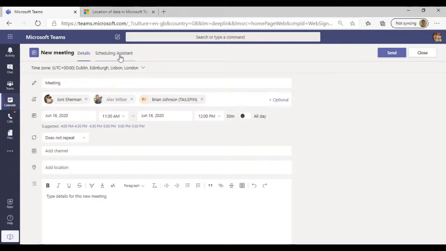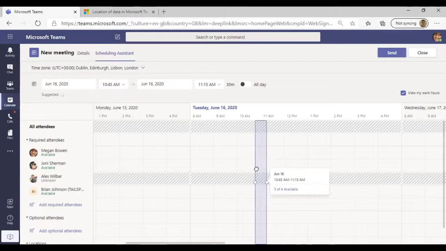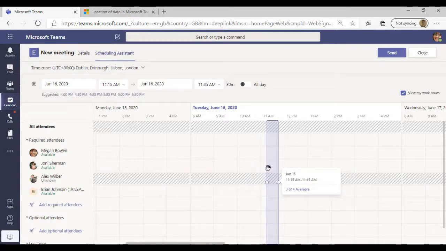By using the scheduling assistant, what you can actually do is it will sync to their Outlook, and it will actually look at when people are available so that you can actually capture people at the optimal time, rather than doing kind of the email yo-yo and the back and forth around who's available at what times. So if you've got a particularly big organization where you're maybe trying to book in something for 20, 30, 40 people, you're probably not going to grab them all when they're all available, but you can use the scheduling assistant to look at when is the optimal time to grab all of these people.